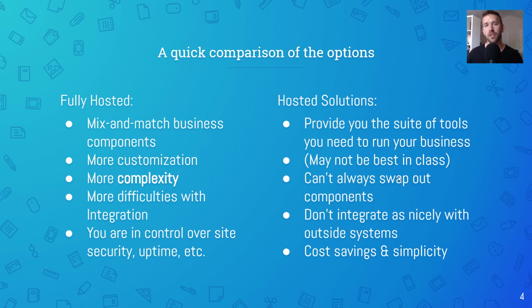Whereas on the hosted solution, for example, I know Kajabi allows you to send emails through its own platform. If you find out that email, I need it to do something else on its automations that it's not suited to do, you're kind of up a creek without a paddle. You might be able to add ActiveCampaign onto the mix, but now you're getting away from that nice walled garden that you're paying for to have that email marketing integration built into your overall stack.